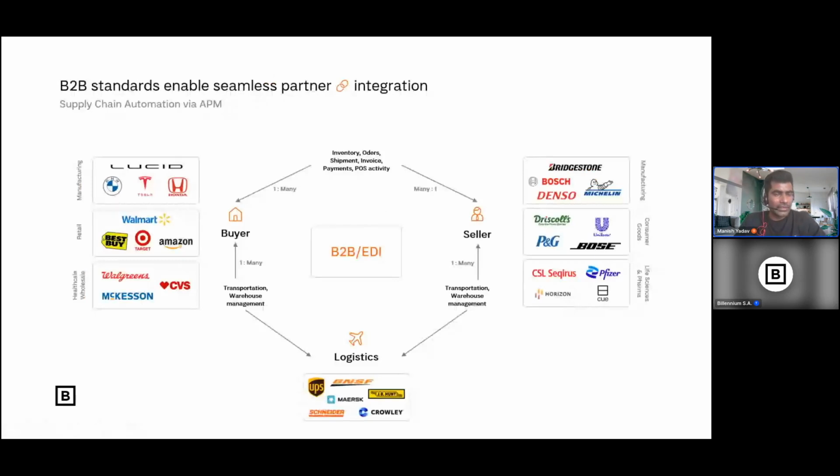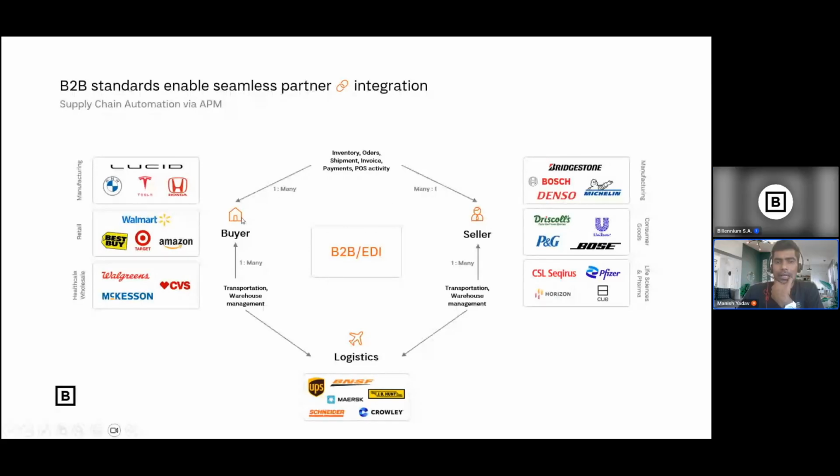So B2B standard, right? I will explain what is B2B and EDI, so that at least you will have the basic knowledge of what is EDI and B2B. So if you see buyer and seller, okay. For example, you want to buy an iPhone from Amazon.com. Whenever you are trying to buy an iPhone from Amazon.com, what do you do? You are the buyer, and the seller is someone who is selling those products. Okay. So what do you do?